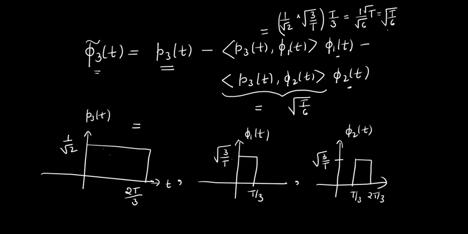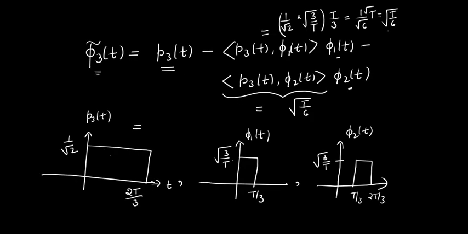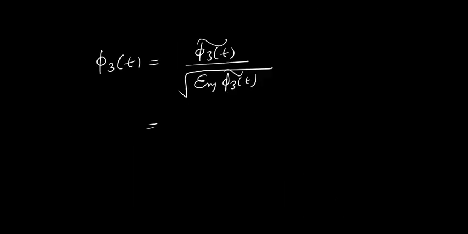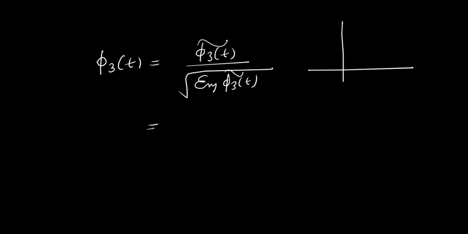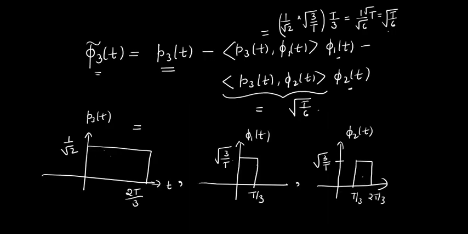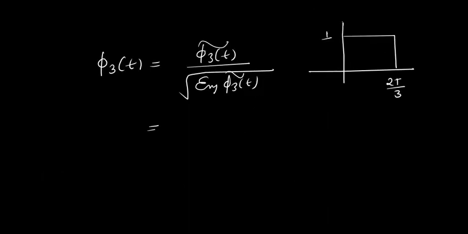So, abhi just subtract it. Root t by 6 of phi1t, root t by 6 of phi2t. So, this is your 2t by 3, this is your 1 by root 2,